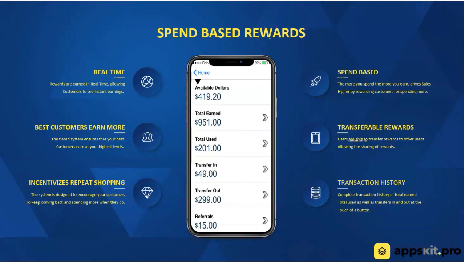How this works, it's transactional based, so the customer receives a percentage of the transaction amount back into their wallet. So this is a wallet screen, and whatever they spend, you can set up different tiers, different levels, and basically assign a percentage of spend back to the customer. So let's say a customer comes in and spends $100 and you're giving them a 5% rebate. They would get $5 back in their rewards platform, and they can accumulate these rewards over time and use